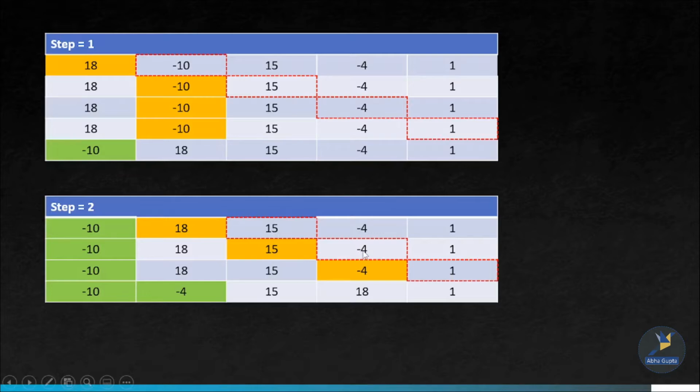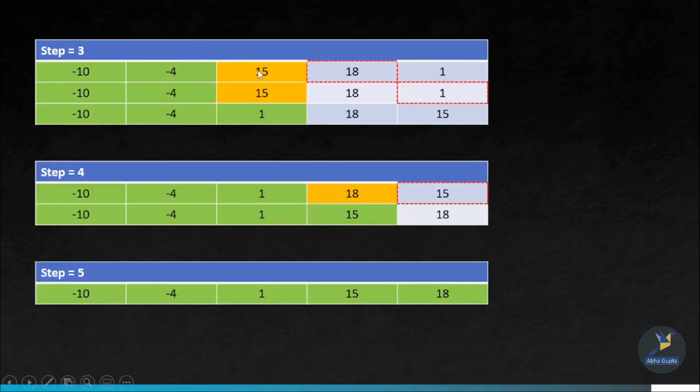Now we got a smaller element, -4. Next, -4 is compared with 1. -4 is the smallest element amongst the unsorted elements. So we swap -4 with 18 and we place -4 at the beginning of the unsorted list. Now in this iteration, we got two elements which are in the correct position, -10 and -4, and in place of -4 we have kept 18.